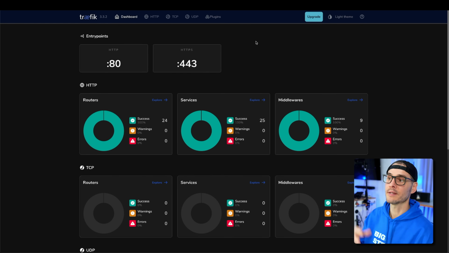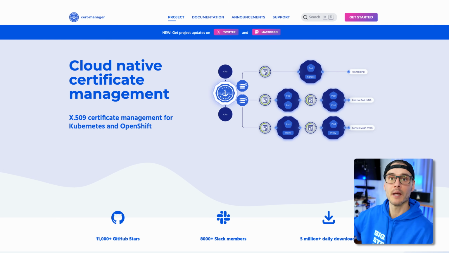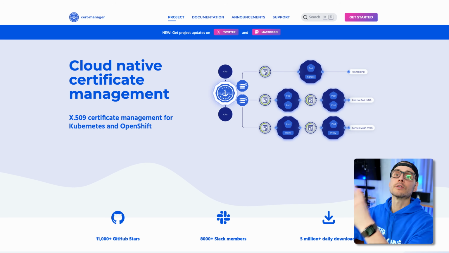It's great. In the Docker version, I use Traefik to get my certificates from Let's Encrypt using Cloudflare, and that works great for Docker. In Kubernetes, I'm using Cert Manager to manage my certificates. All that's really doing is saying, hey, Traefik isn't responsible for getting and storing my certificates. Cert Manager is.